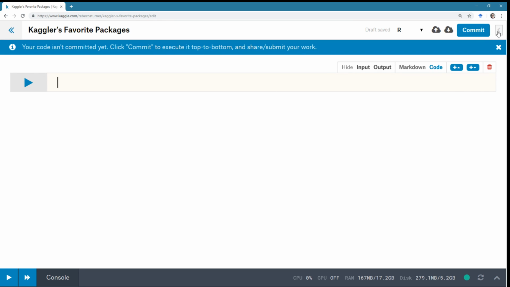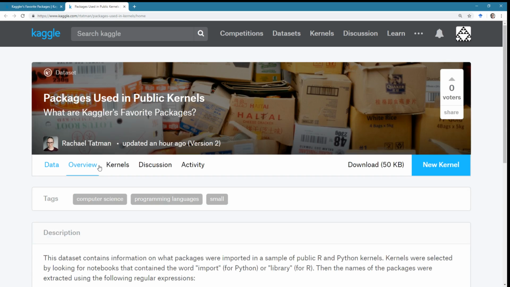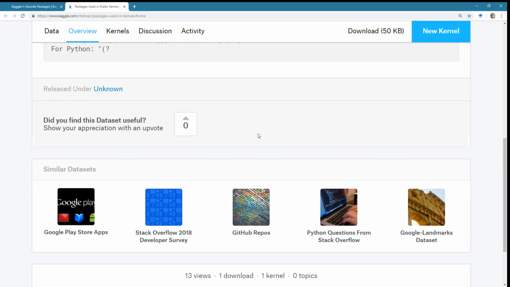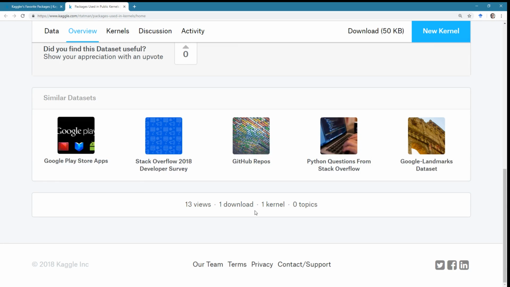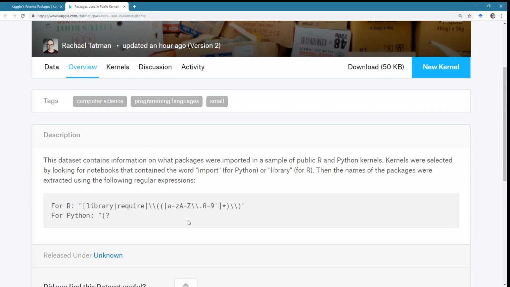There's a bunch more information in the data set itself. So I used regular expressions. I know I say not to use regular expressions, and I definitely did, and you'll see that there are multiple versions, and that's not the whole thing.